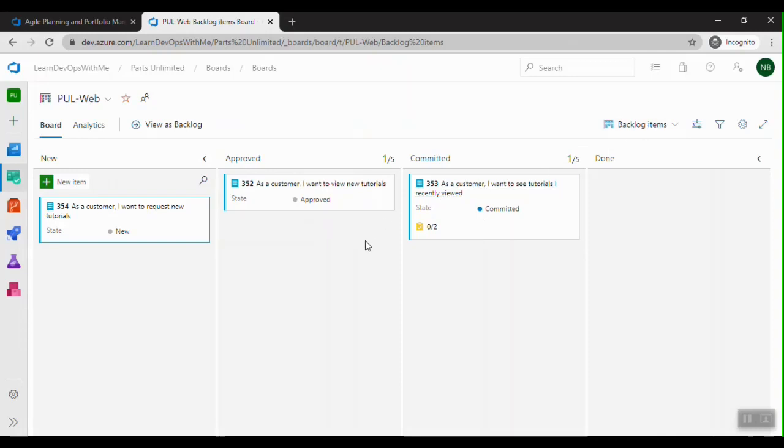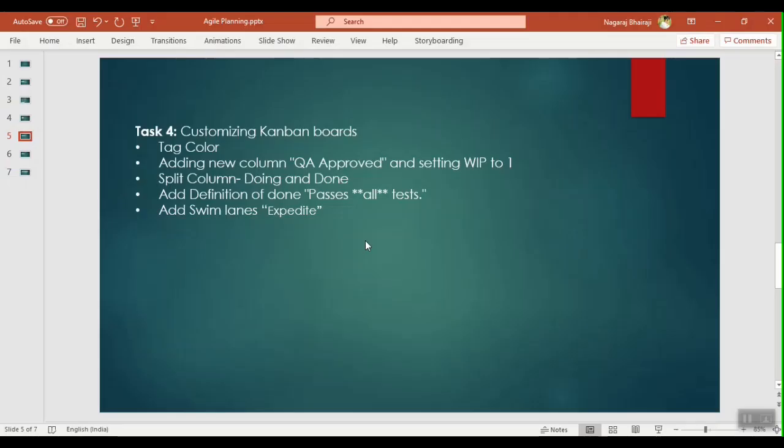So when it comes to the QA stage, we don't know whether the QA stage is done or it's in progress. So it's difficult to identify that. So that is when we split the column into doing and done, so that we'll know the QA is approved or it is still in progress.